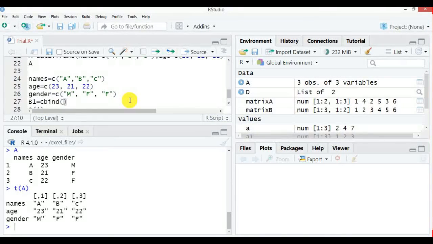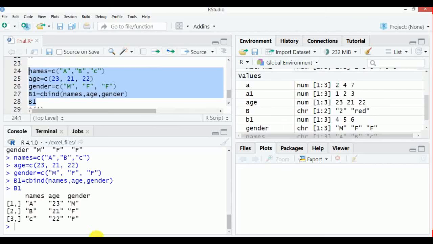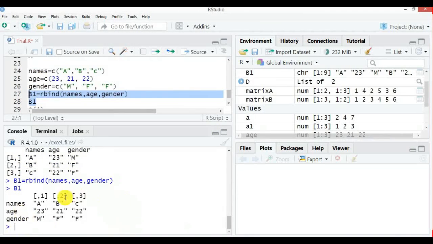Now I can give names comma age comma gender and I can run this B1. So you can see this way, if I do and run, I am getting cbind because it has put them as columns. And now if I want row-wise, I just need to change and run. I have got it row-wise.